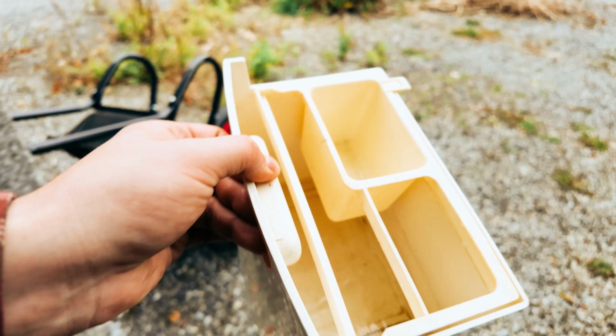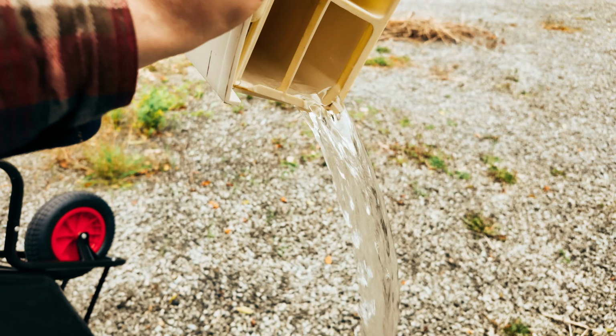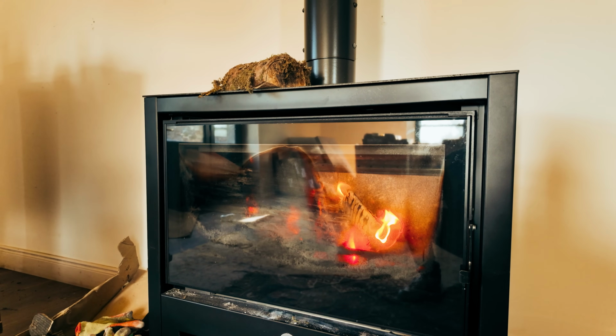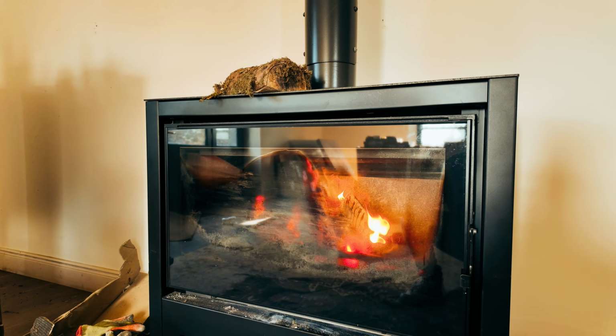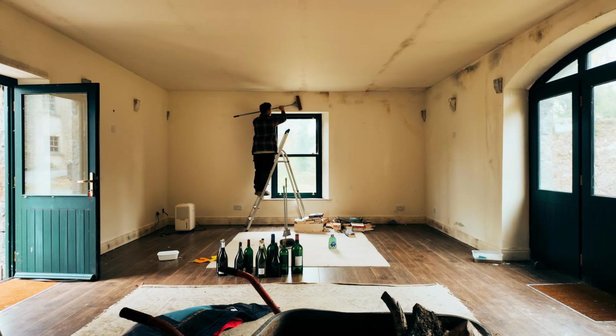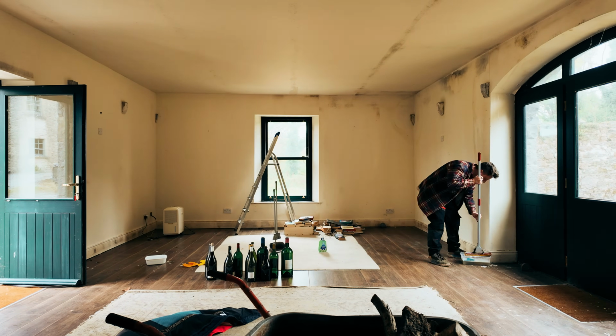So we got the dehumidifier going, pretty much non-stop, and the amount of water coming out of it was crazy. We also lit the fire, which is a beautiful stove in that building now, and that really started to help. We got our mold and mildew blaster, which worked really well, and slowly started to remove